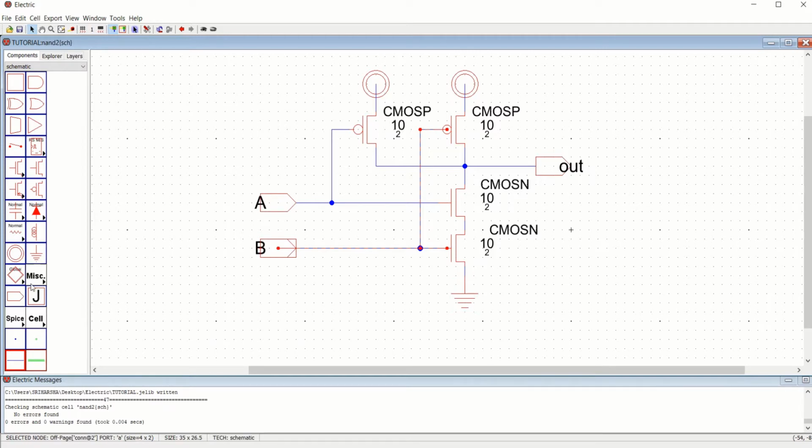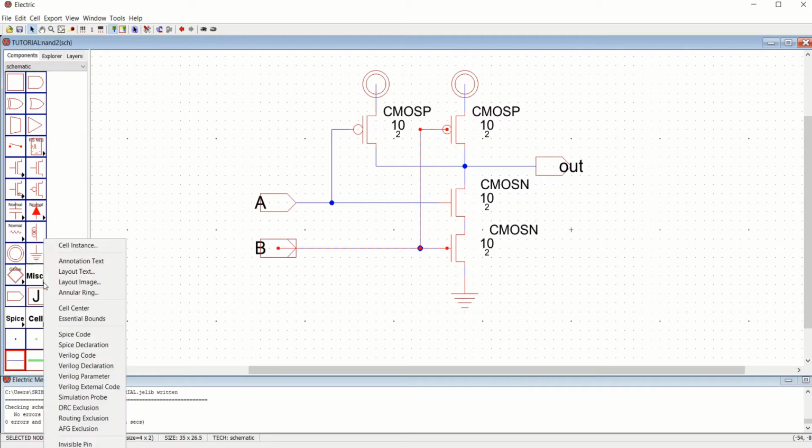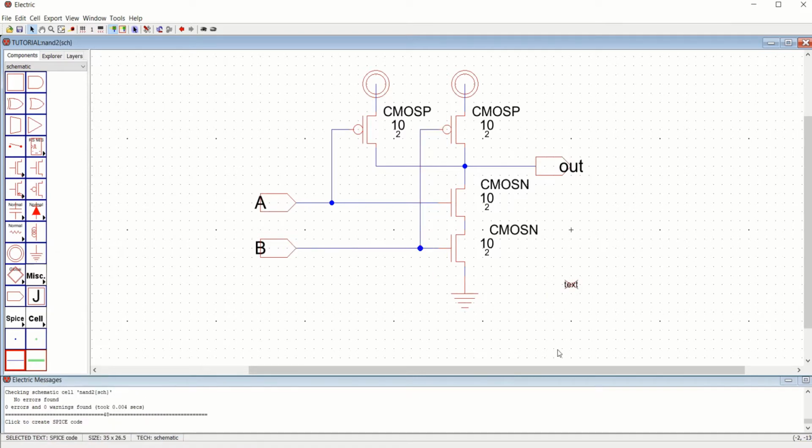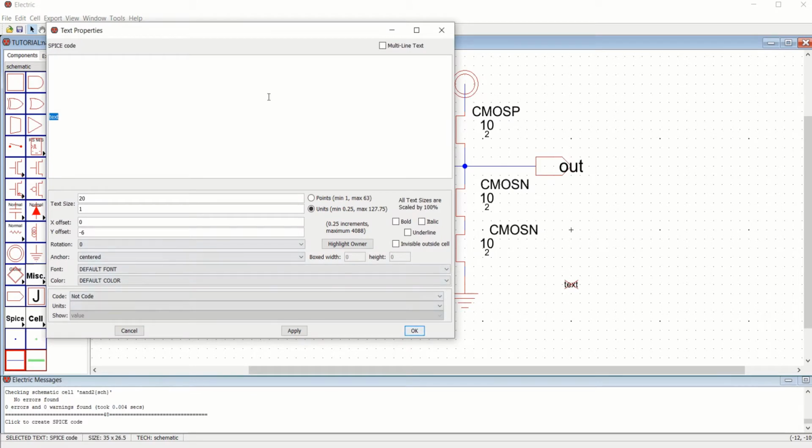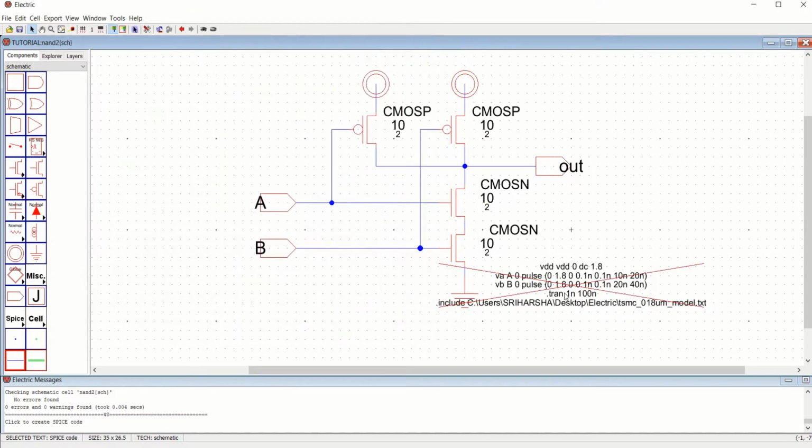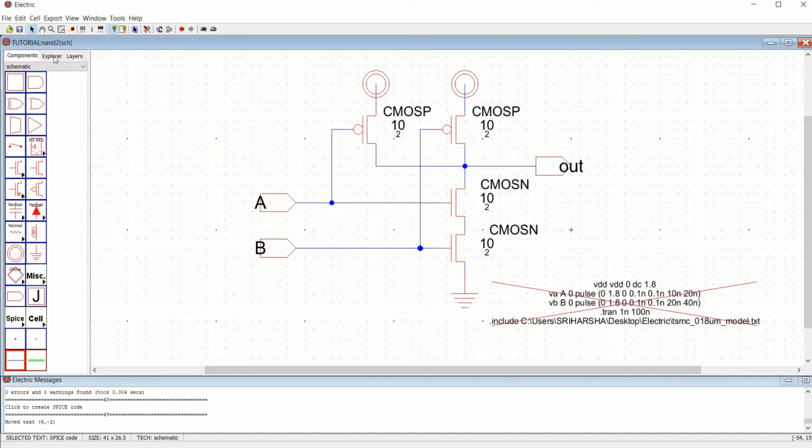To write the spice code, go to the miscellaneous, take the spice code, keep it here, and you can use Ctrl I and select the multi-line text, just paste it, and you can increase the size if you want. So this is your spice code.